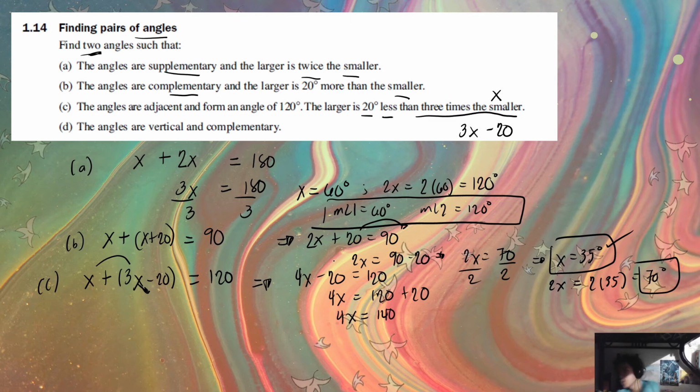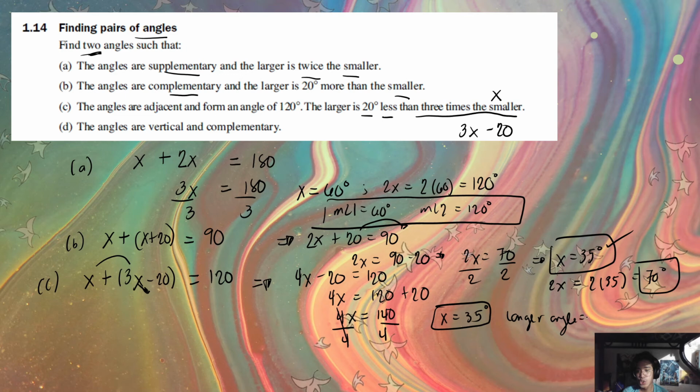Are we doing our arithmetic correct? Let's check that. 120 plus 20, that's 140. And we want to cancel the 4 on the left side of the equation, so we just have to divide both sides by 4. 140 divided by 4 should give us 35. So therefore, the measurement of the smaller angle should be 35 degrees, and the larger angle should be